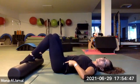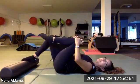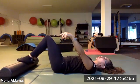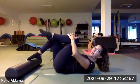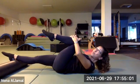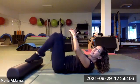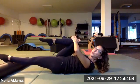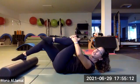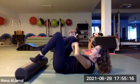Now, crunching or not crunching, your arm is going to be doing this, right? So I'm gonna crunch up and I'm gonna bring my leg that's closer to you up here. Both knees are bent. I'm gonna breathe out, push the roller away. I'm really stabilizing my back. And then I'm gonna bring it back and switch. 2, okay? Bring it back. If it's too much for you to extend, just go to here. 3, and then bring it back, okay? So watch your back. 4,